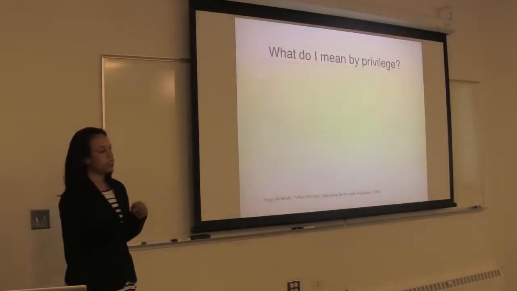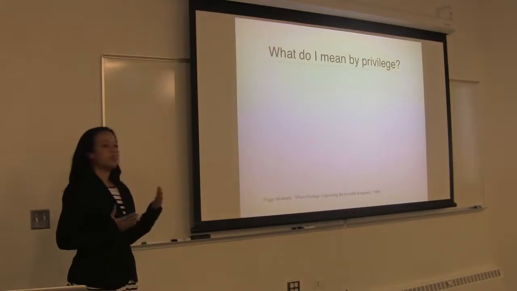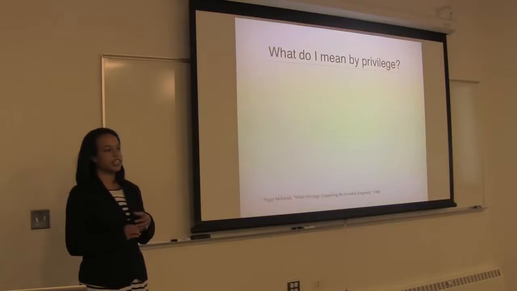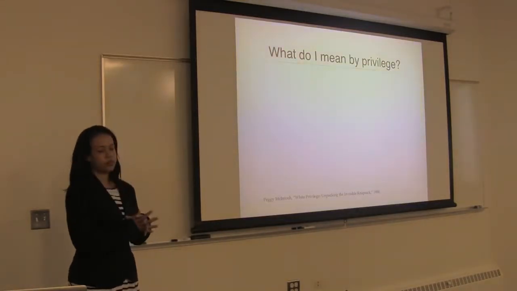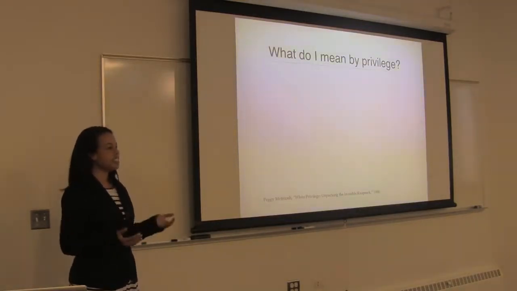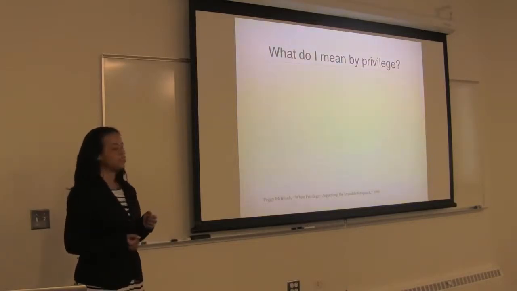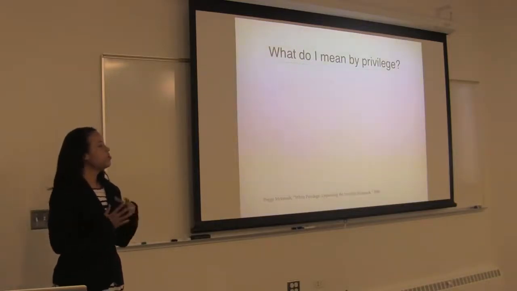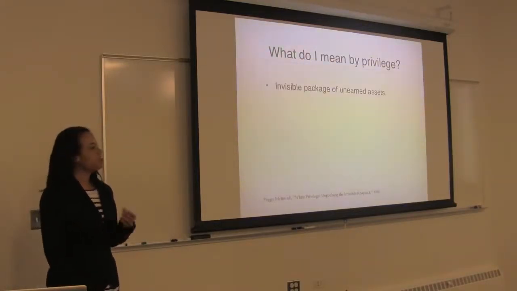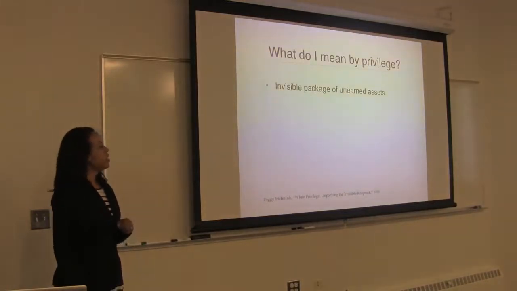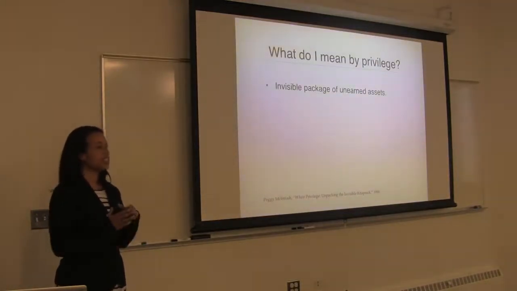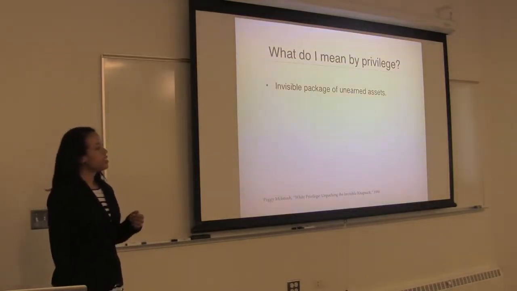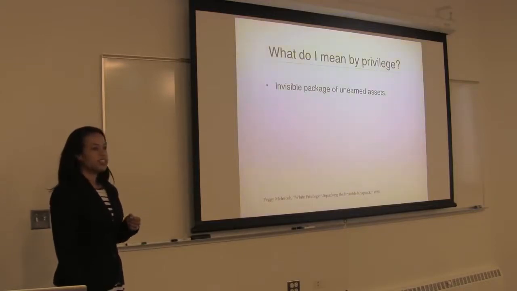So what do I mean by privilege? Privilege is afforded to us based on varying factors such as gender, religion, sexual orientation, and age. Whether or not we acknowledge it, it exists and it affects many aspects of our daily lives. In her 1988 seminal work, White Privilege: Unpacking the Invisible Knapsack, Peggy McIntosh defines privilege as an invisible package of unearned assets. She then goes on to list 50 privileges that she feels she receives for being a white individual in America. And there are 3 of these that I felt are really relevant still to this day.